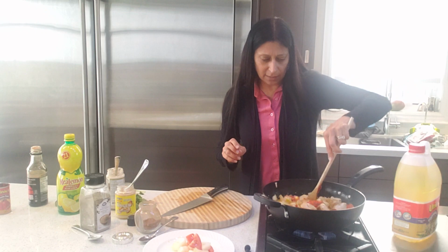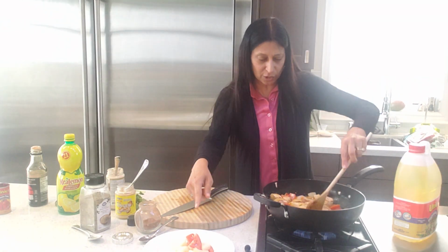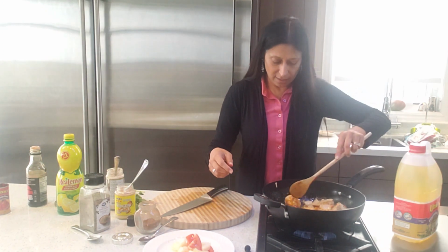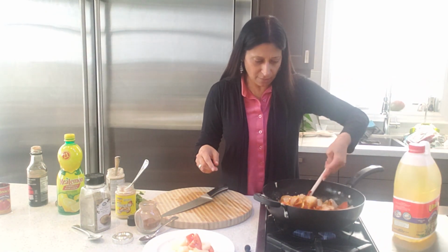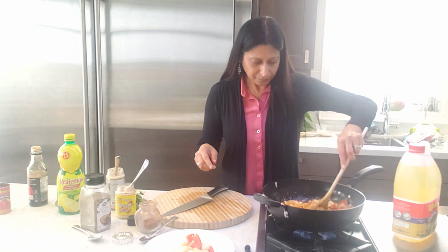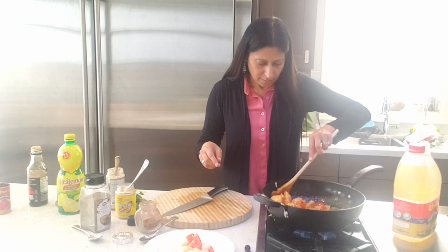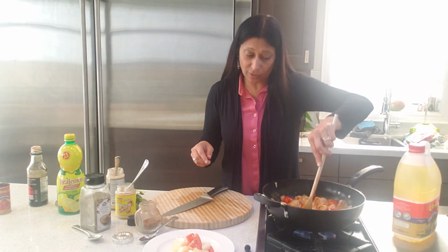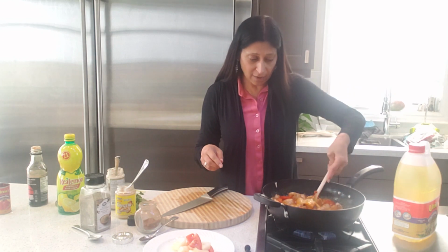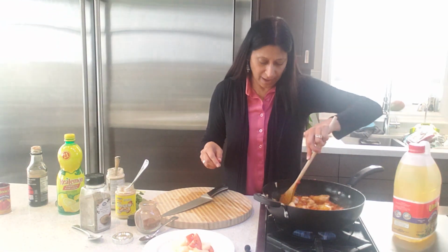Once you see that the tomato paste and all of the spices have mixed in together, we're just going to add the tomatoes and onions that we've set aside. So we're just going to mix this first. This is a nice comfort food. It tastes great with naan. We're going to have it with rice tonight, but you can definitely have it with naan